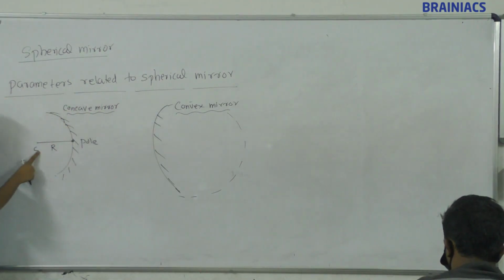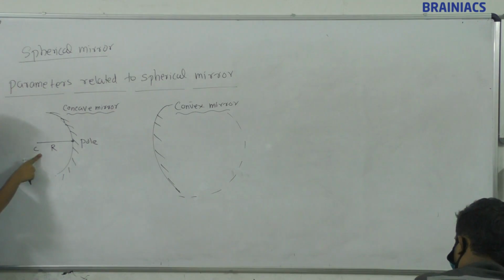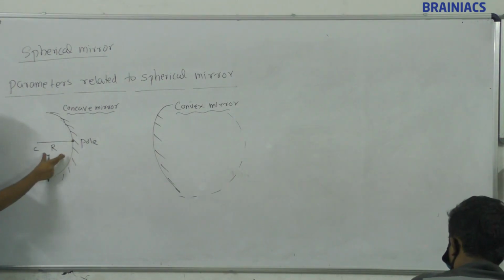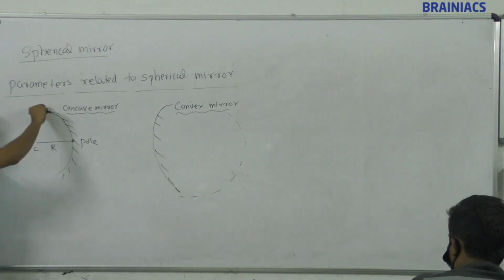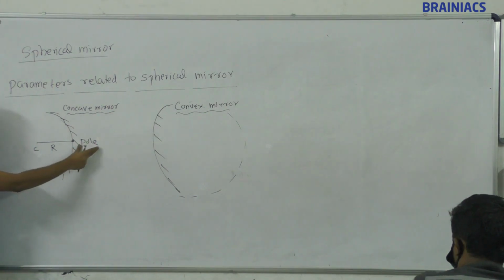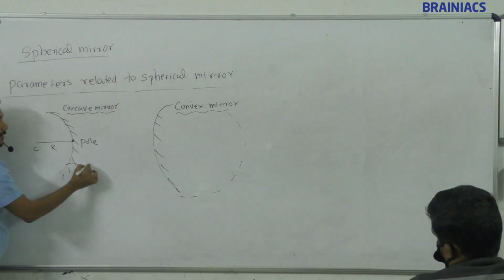What is center of curvature? It is a part of a circle. So that center point is called center, and from center to that distance is called nothing but radius or radius of curvature. And this piece, this reflecting surface, in the center region is called pole. So C, R and pole. And this part is also called